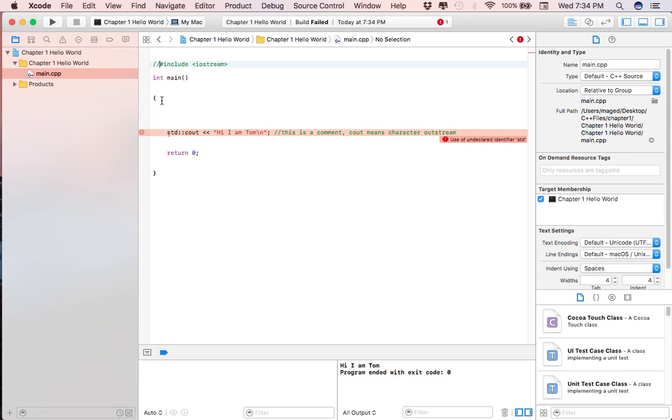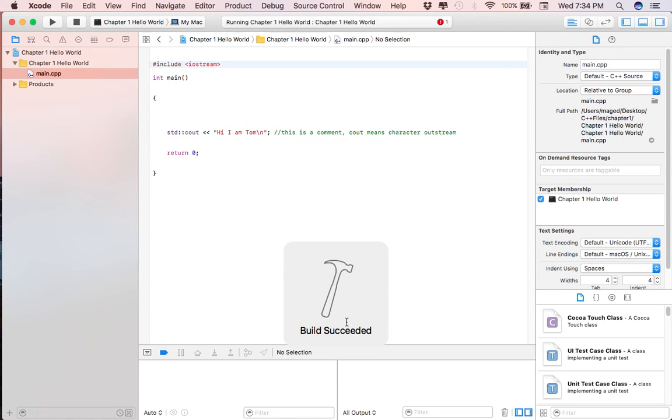The computer doesn't understand what this is. So if we just simply put that back, and we're going to come up with these. There are different types of errors, and we'll cover more of that in the next slides. You will see that now it starts working. So if we just